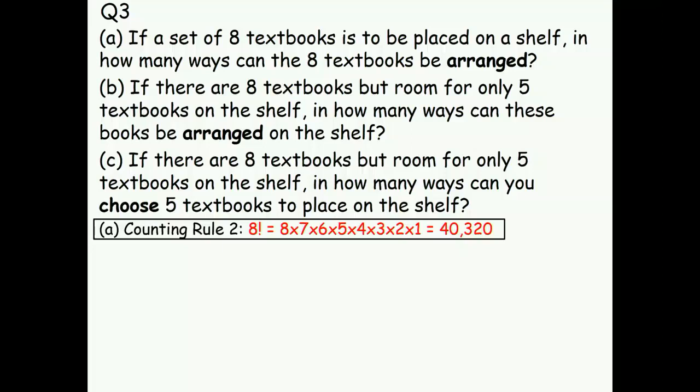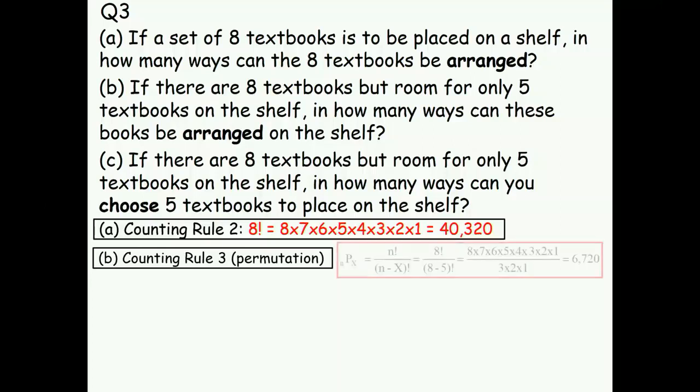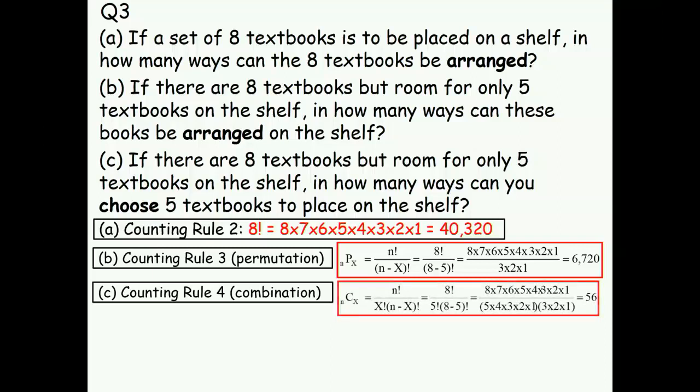Last week I told you, if you remember, that additional information I give you, a chairperson, a vice, and then order matters. If you say only 3 people, order doesn't matter. But there is also additional information which you could use to differentiate between permutation and combination. So the second question is permutation, because it is saying arranging, this is choosing. So in a permutation, we know the formula. This is the formula. N factorial is 8. You choose 5. The third one would be combination. This is the formula. And now you would ask definitely, how do I differentiate between B and C?